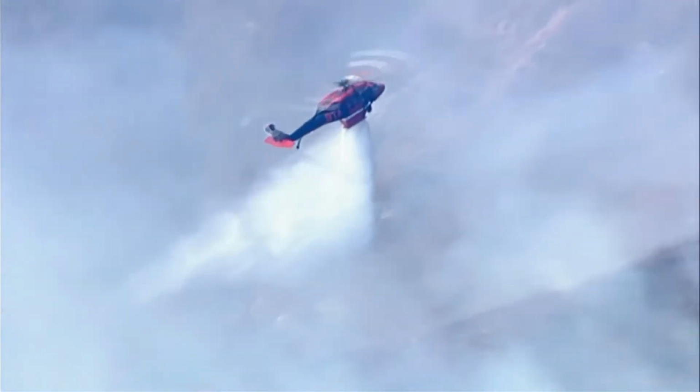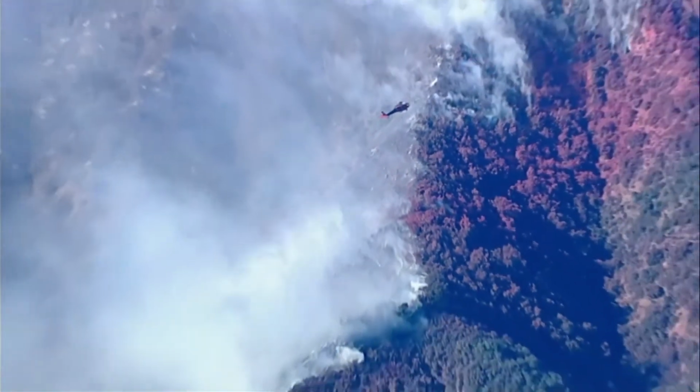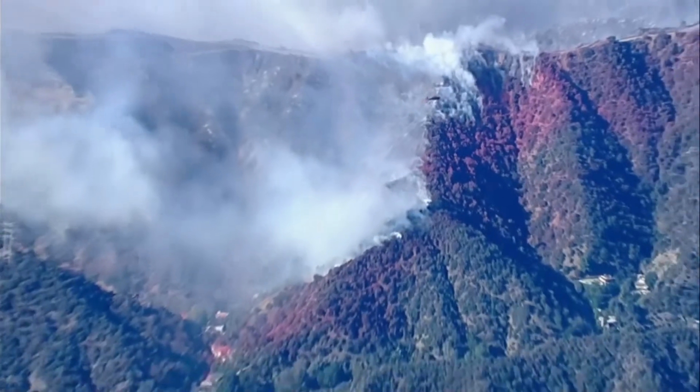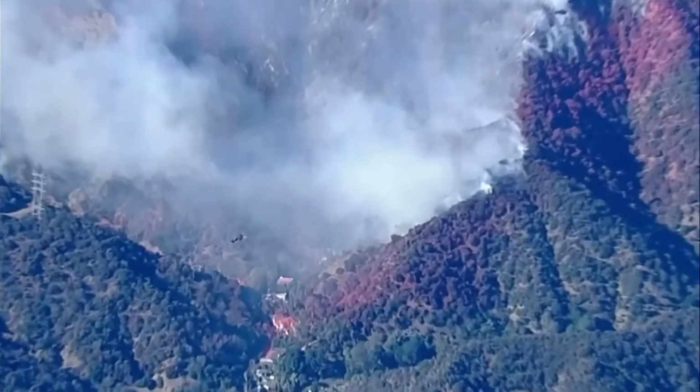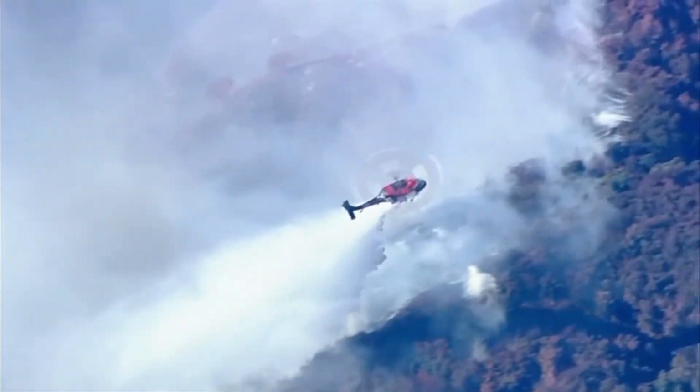And you have these helicopters, this one in particular, that's going to be National Guard right there, a Firehawk from the National Guard doing an amazing water drop, trying to cool those embers on the upper slope of Mandeville Canyon. You see another one coming in right behind it, and this is really an amazing sight to see, because